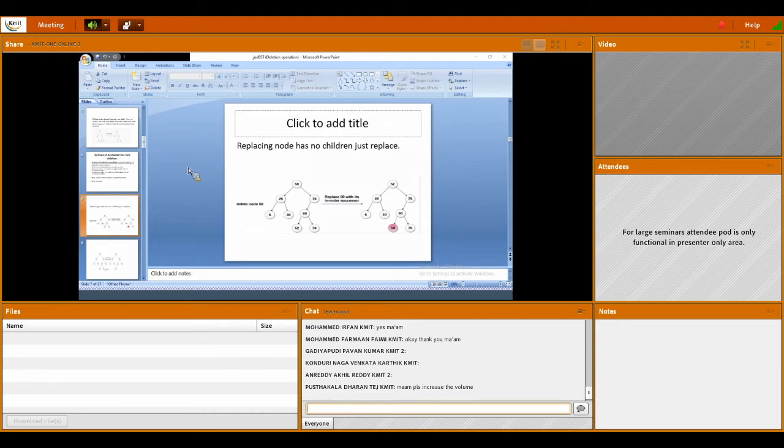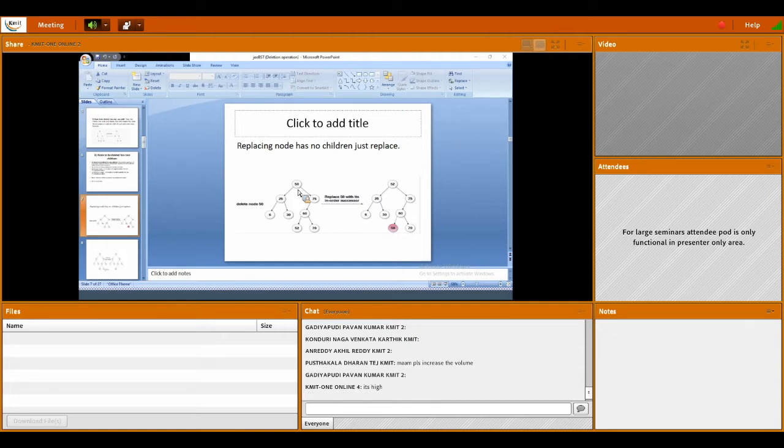Look here, right subtree and left subtree. If you choose the right subtree, we have to see the predecessor, meaning the maximum value from the right subtree, and replace it. Or here I am taking the in order successor, meaning the minimum value in the right subtree. In the right subtree, 75, 60, 52, 70. What is the minimum value? 52. So I took 52, take out 50 and replace it with 52. 50 is replaced with 52.